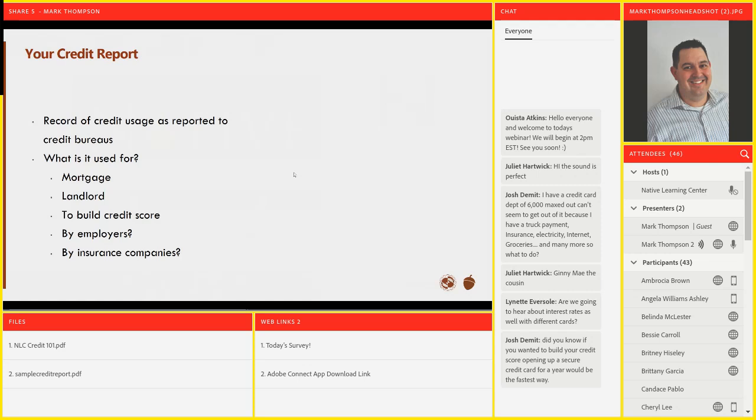I see a bunch of comments coming up, so I will break in just to address these as we go. We'll talk a little bit about interest rates, not necessarily different cards. Now, I can pull some stuff up and we can look at some different credit cards, but I will say this, credit cards change so much.